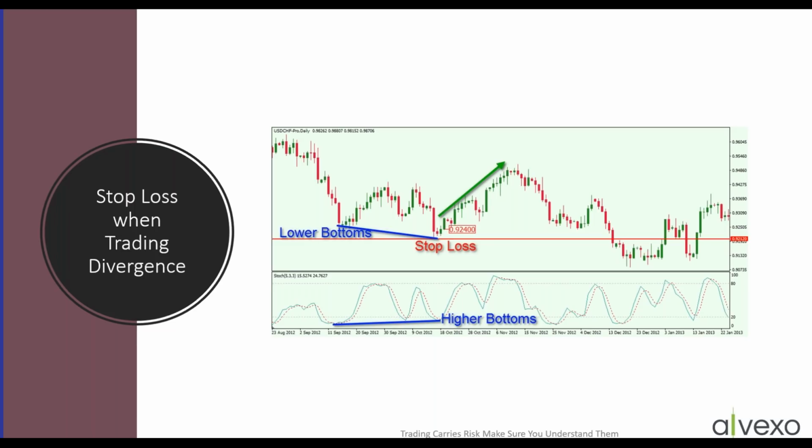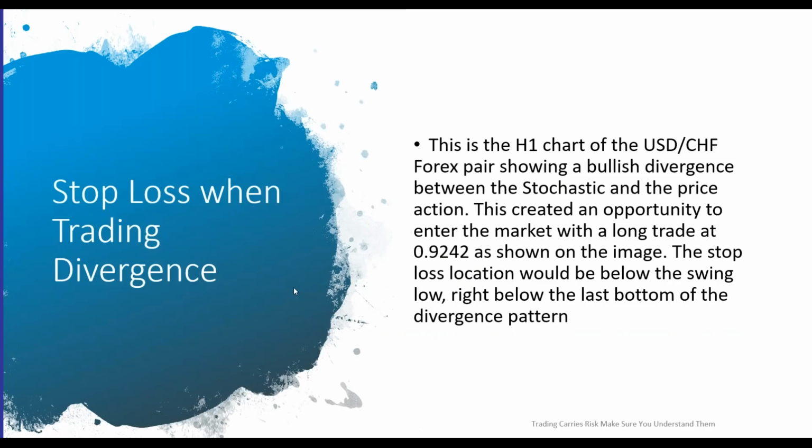Now you can see on this chart where you would determine your stop loss. Okay, so you can just place that stop loss at the bottom of the candle right before the breakout into the uptrend. And see, we have the divergence down below where we have higher bottoms. We have lower bottoms on the top. We use other indicators to tell us to trade. And we would enter as the price moves up and use that point of divergence, the lowest candle, to place your stop loss.